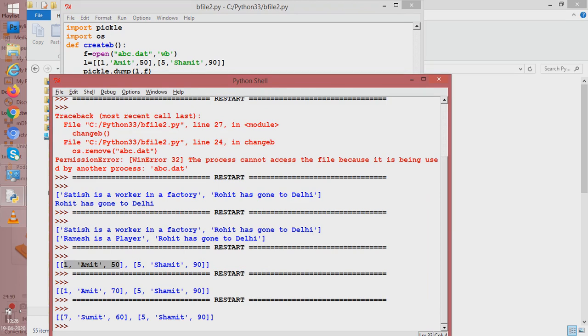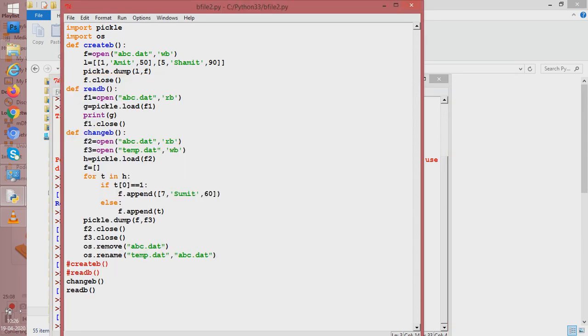Suppose the question now asks to delete things about 5 Shamit 90. The question is not of updation now. The question changes and it is about deletion. Deletion of whose record? 5 Shamit 90. So to make a change here, some changes have to be done. For record 5, because roll number 5 is to be deleted, we will say pass. Pass means do nothing for it.